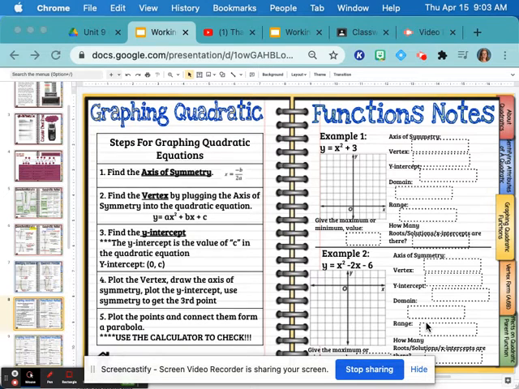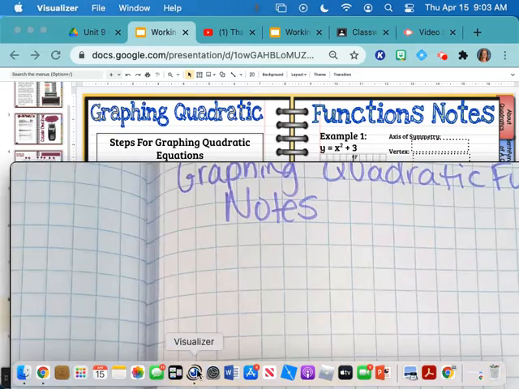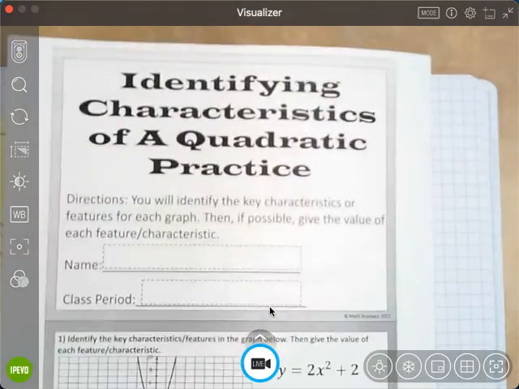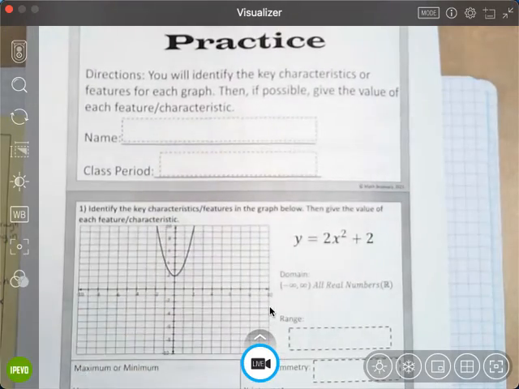We are continuing to graph quadratic functions by using the different characteristics of the quadratics. Yesterday, I assigned y'all a worksheet and I just said do 1, 2, and 3 at the moment. So let me pull that up. When we look at the assignment from yesterday,